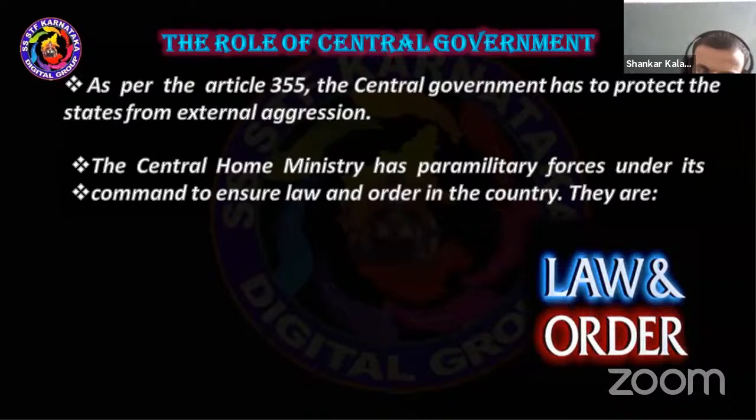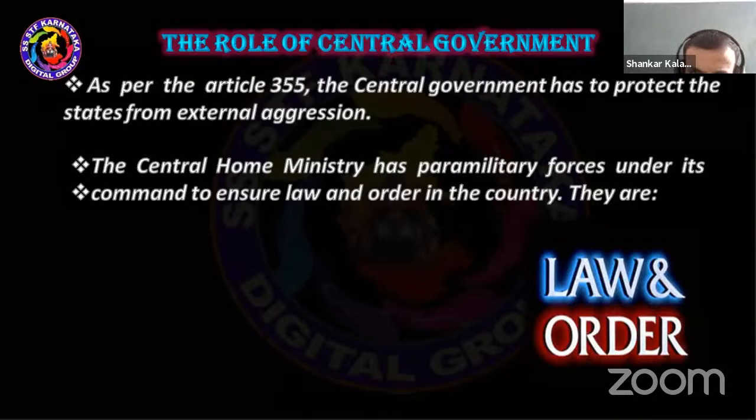For example, recently Chinese soldiers tried to occupy the territory of Ladakh. Ladakh is a Union territory of India, formed by the central government last year. During this situation, the central government sent the Indian army to protect the Indian land and stop the aggression